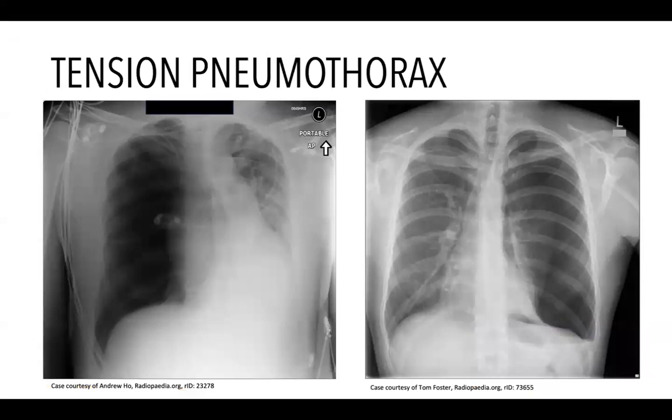Now let's look at tension pneumothoraces. The chest X-ray on the left is of an intensive care unit patient with an endotracheal tube and a left-sided central venous catheter in place. The central venous catheter was placed 2 days prior to imaging and is not thought to be the cause of the tension pneumothorax. The patient did require high pressures on the ventilator, which clinicians surmised likely resulted in